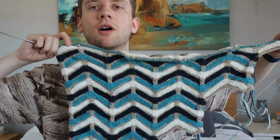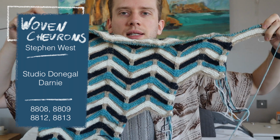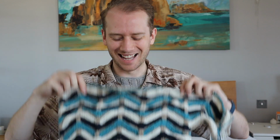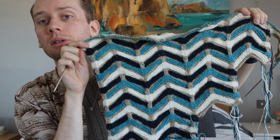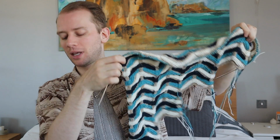We got it. So this is my woven chevrons. I'm just going to show it super quick to see how much more I've gotten done on it. This is by Stephen West Knits. And is that a mistake? No. This is a woven chevron shawl by Stephen West. I absolutely love it. Ooh, it looks so good. Damn, it looks good. So this is knit with Studio Donegal,